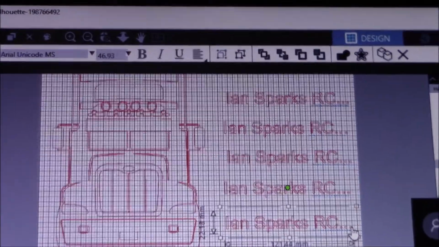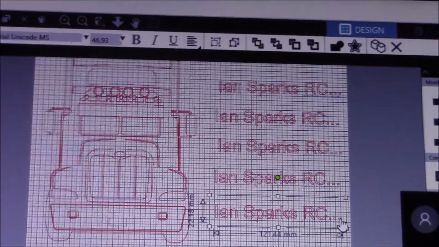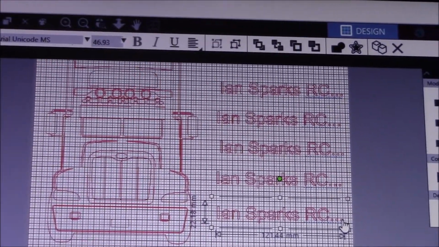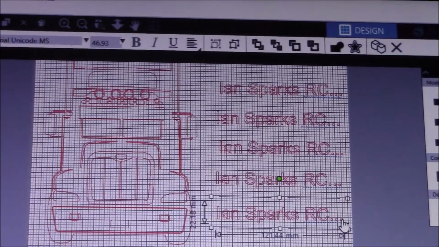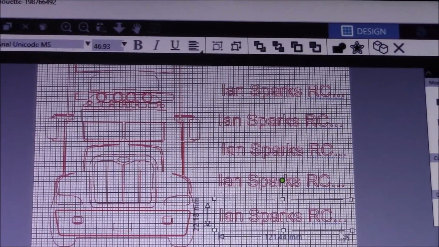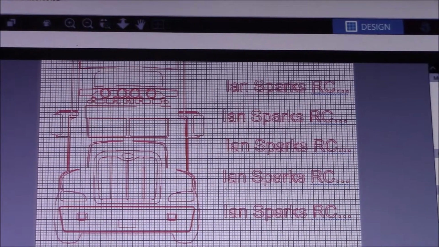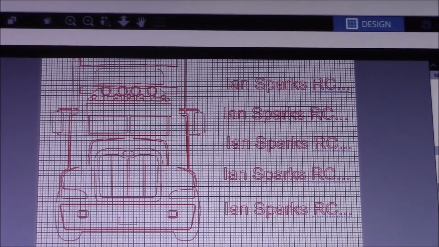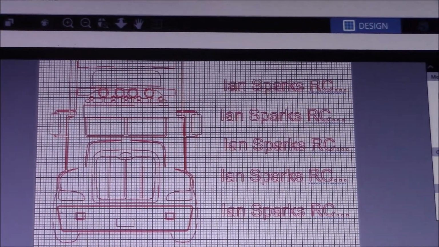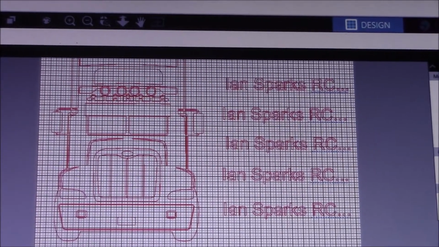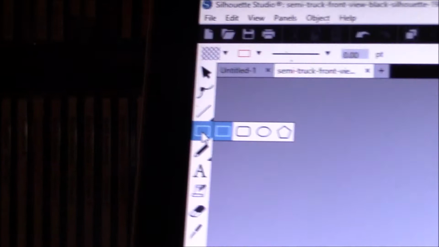It's just like working a printer software, if you like. You can mirror it, you can flip it, you can rotate it. Pretty much do whatever you want. But you've got to remember, whatever is there is what is going to cut, exactly how it's going to cut it. Now what I like to do is select the box tool